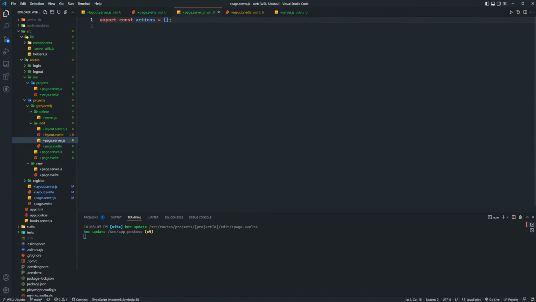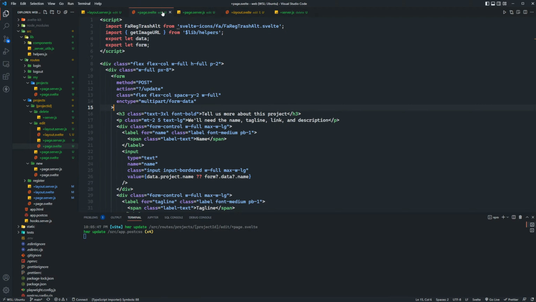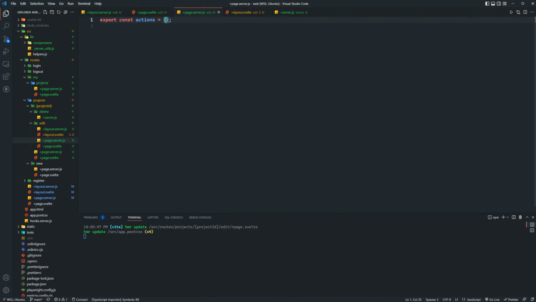So page.server actions, we're hitting an update endpoint, I believe. So update with the action, I mean. So locals, we'll pass and take a request in locals, and then I need to validate this too. So similar to